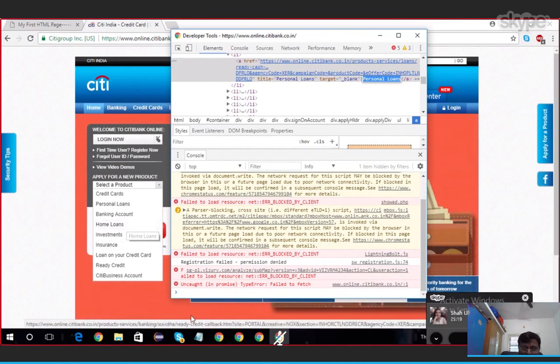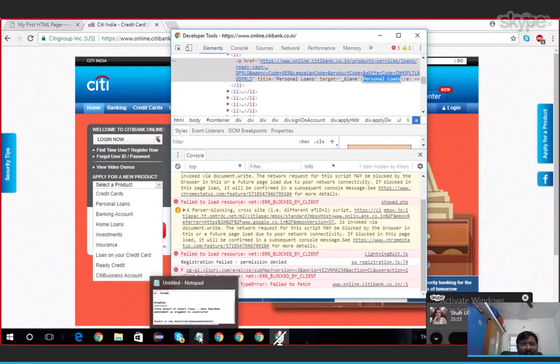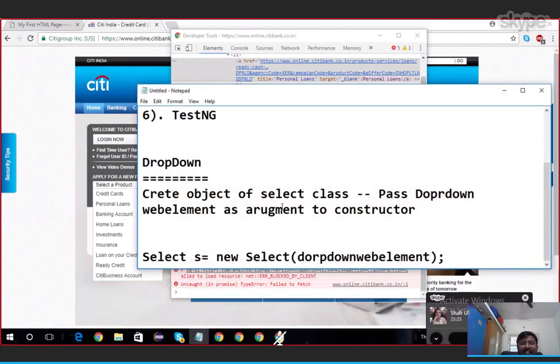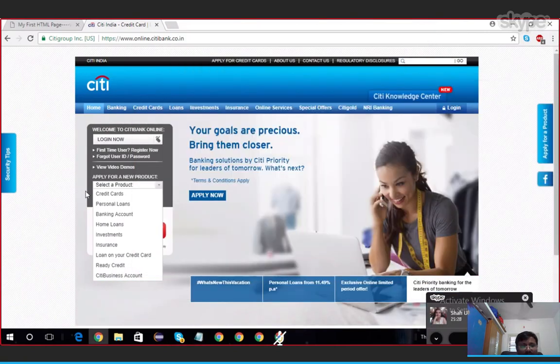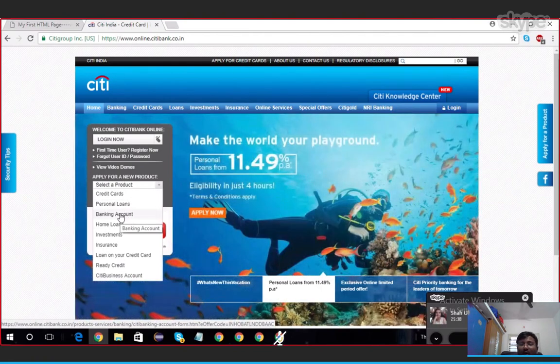If it uses select and option tags like a traditional drop down box, we must follow this syntax. Otherwise, if you want to perform an operation on this, just click. Click on select product and then click on personal loans or banking account, any option. Got it? Guys, any doubt in this?